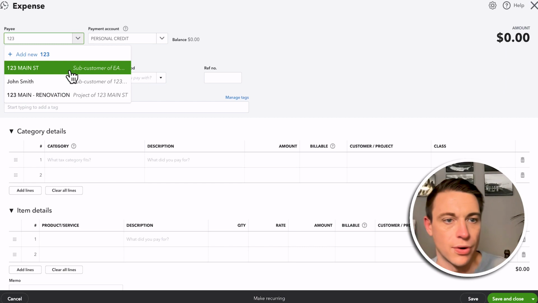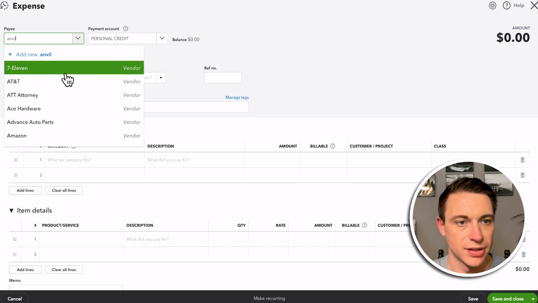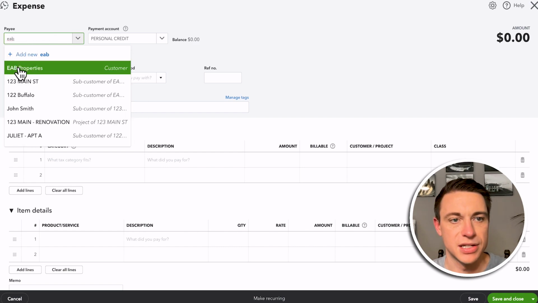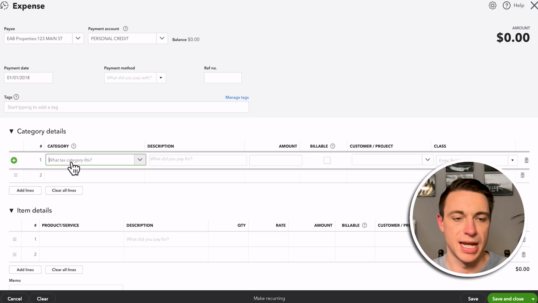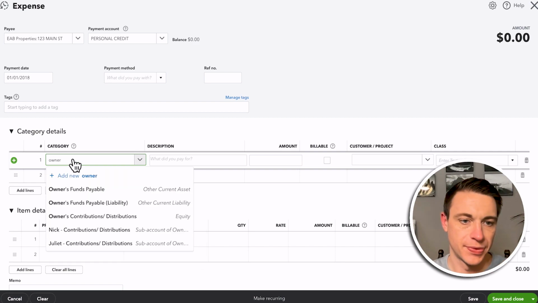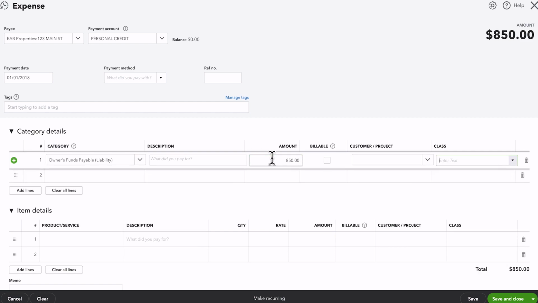So I'm going to do that for, and I think who owns 123 Main? I think it's Anvil. No, it's my EAB, right? So EAB is my customer there. So I'm going to write the check to them here. I'm going to write it for 123 Main, right? And here I'm going to indicate that I'm going to pay them out of my owner funds payable account, $850. I'm going to indicate this as 123 Main Street, but I'm not going to give them